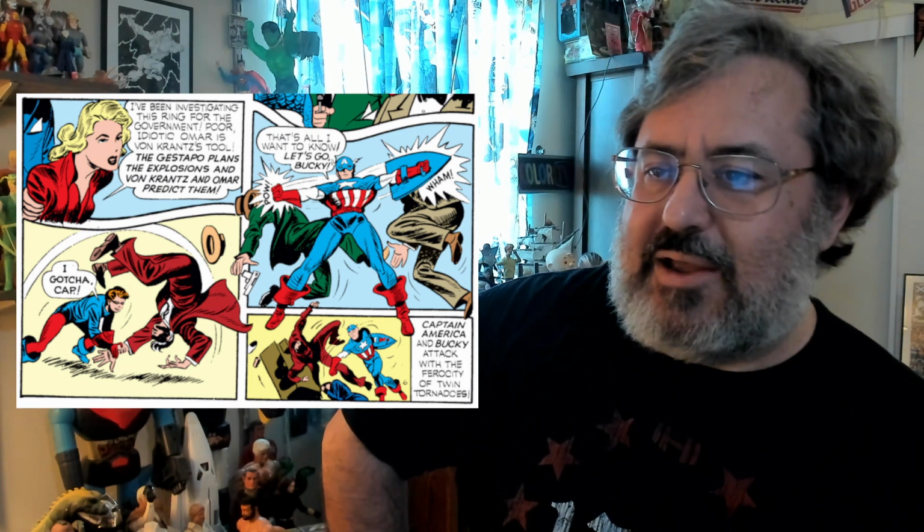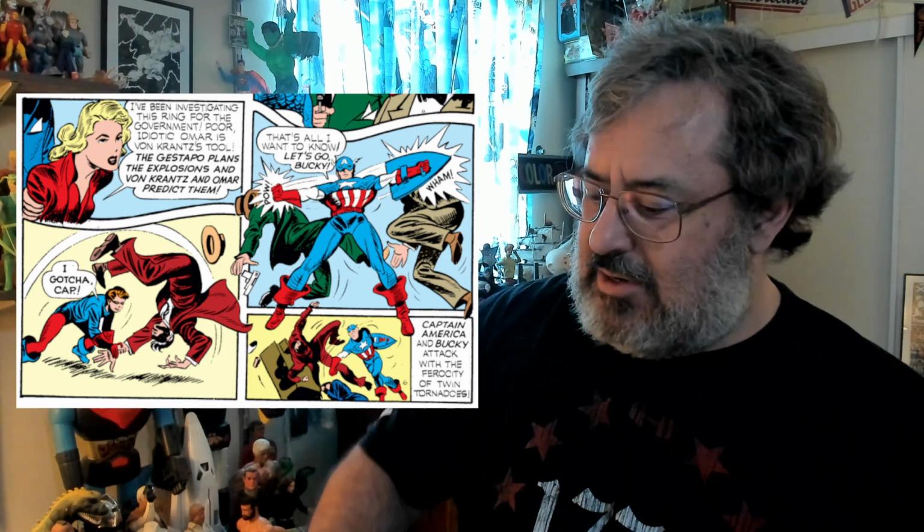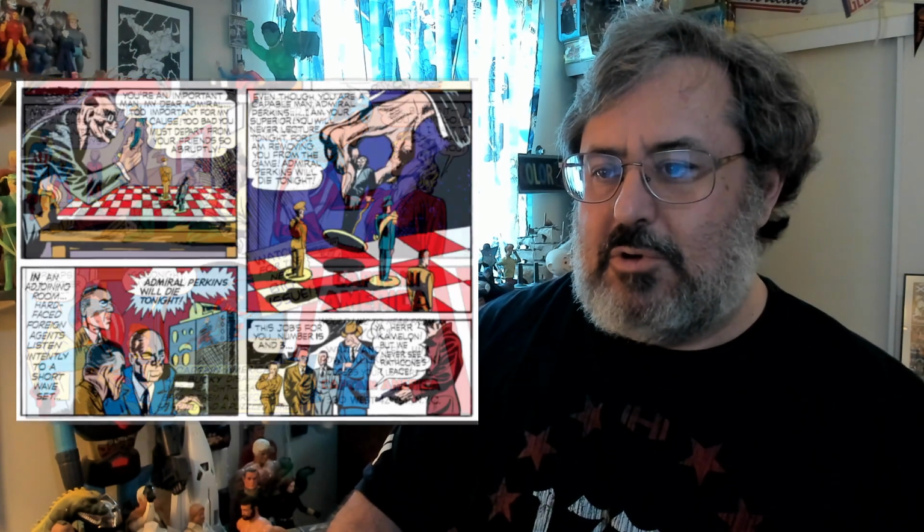Captured by spies, naturally, it all devolves into wonderful, wonderful violence. The bad guys are vanquished, and a connection is made with government agent Betty Ross. We're then treated with a prose story about Cap before we get to the third story for this issue, which